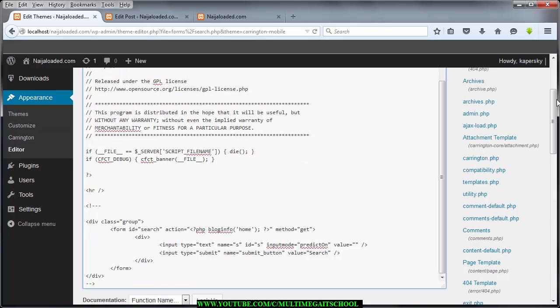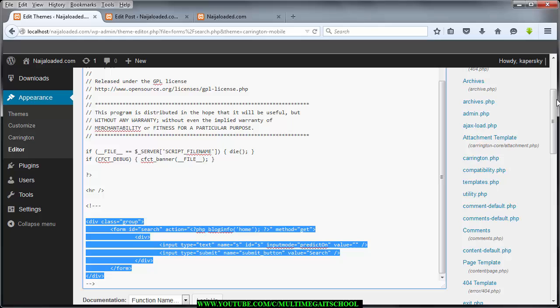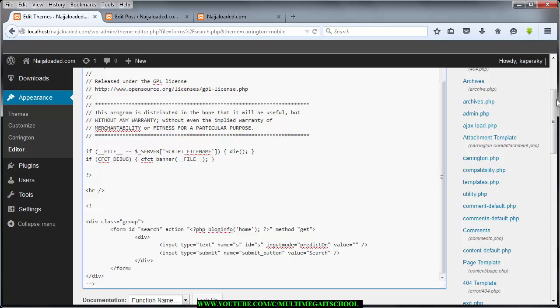So what I want you to do, this is the default search that we have. This one from here is the default search that we have. So what you need to do is just to paste in this code and then comment this one here. Comment from